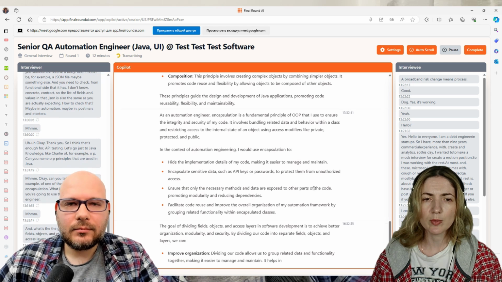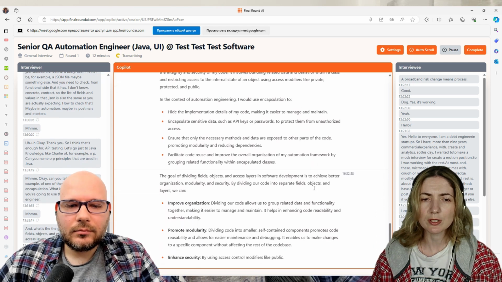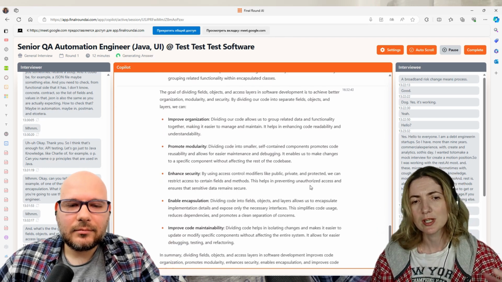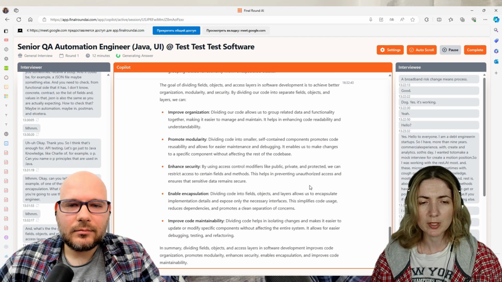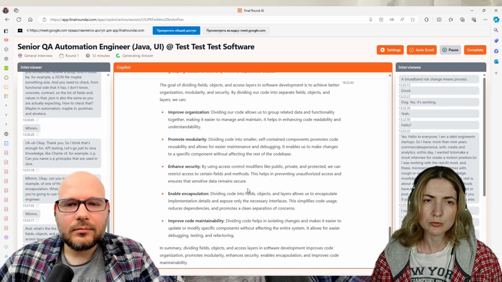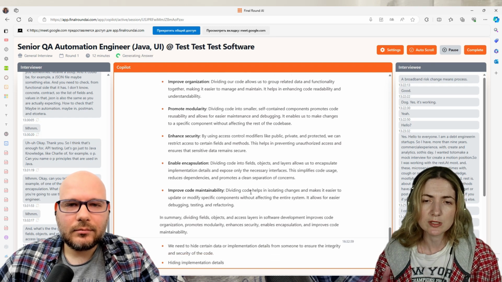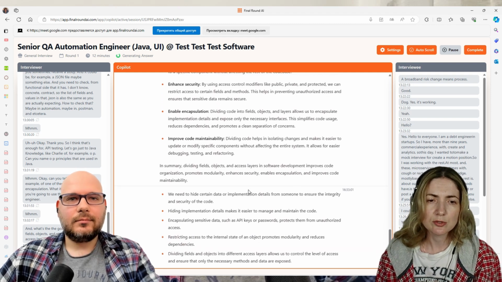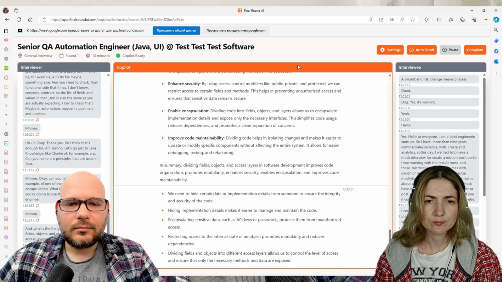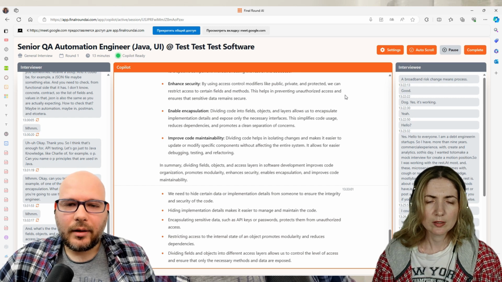Yes, it's more about security. I don't mean security at all, but it means about the behavior of your application. So to improve your organization, your domain, and to improve your code maintainability. For example, some classes cannot access the methods they should not. Okay, thank you.